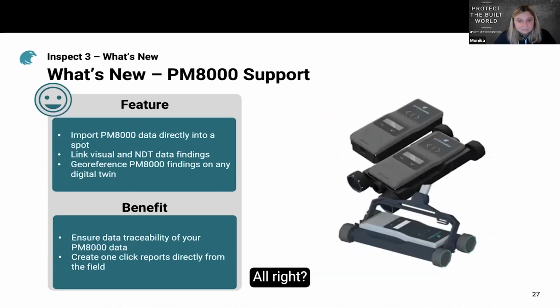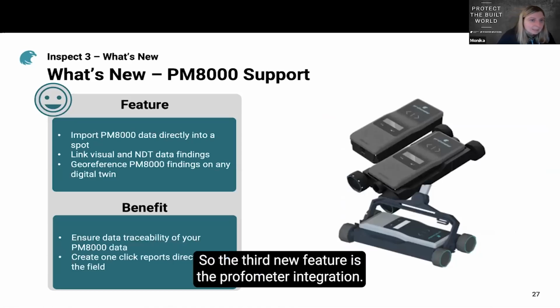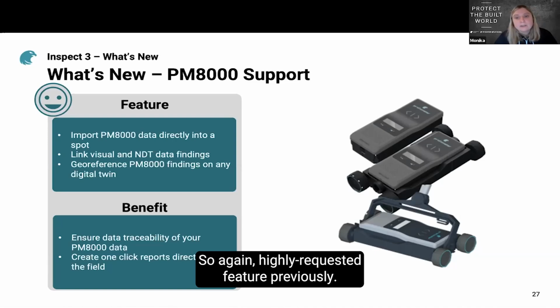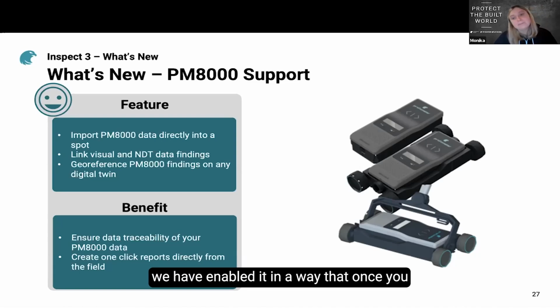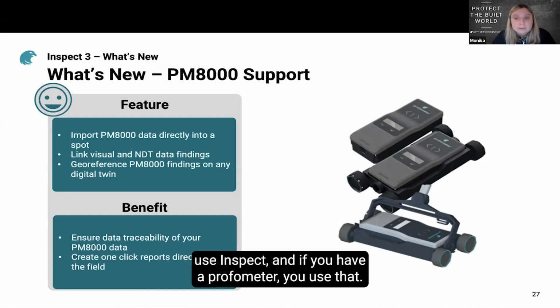All right. So the third new feature is the Profometer integration. So again, highly requested feature previously. With the release of new PM8000 Pro, we have enabled it in a way that once you use Inspect, and if you have a Profometer, you use that, you can